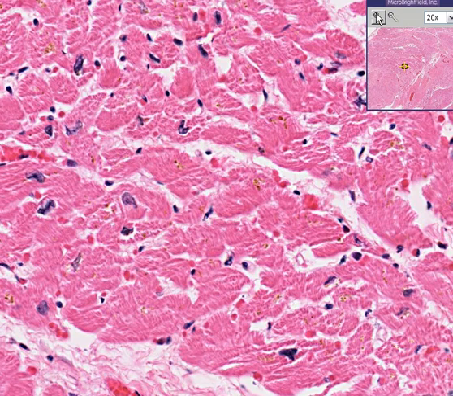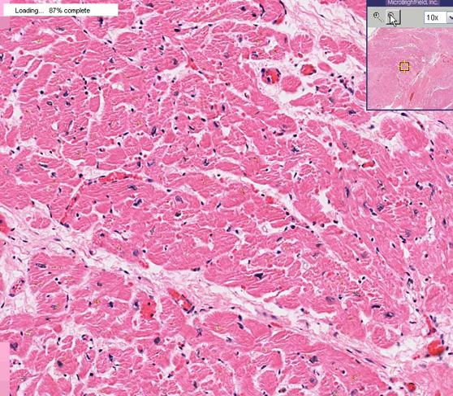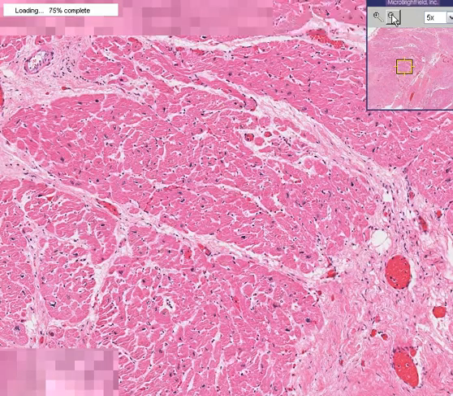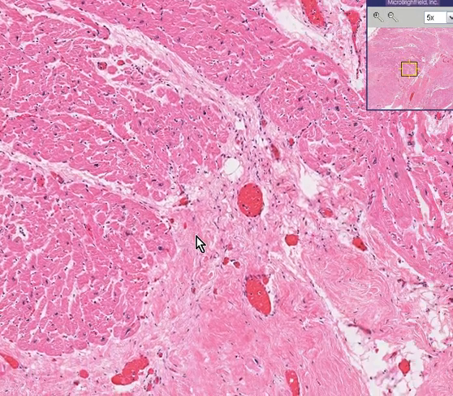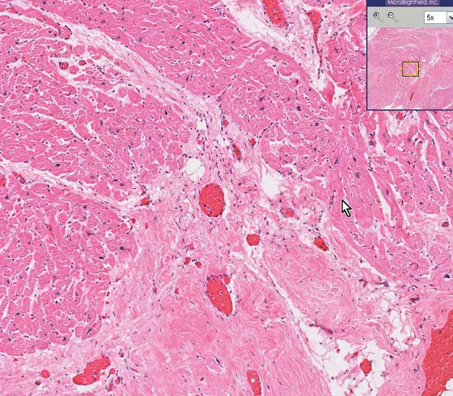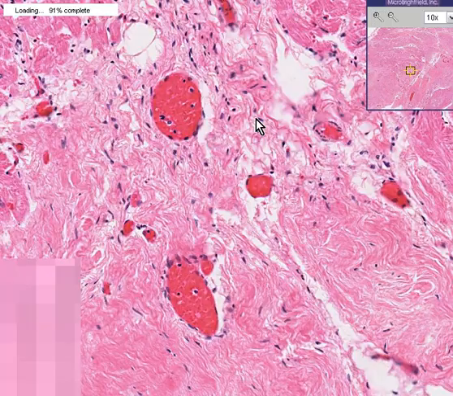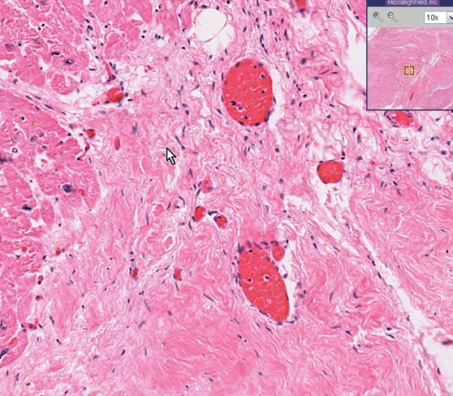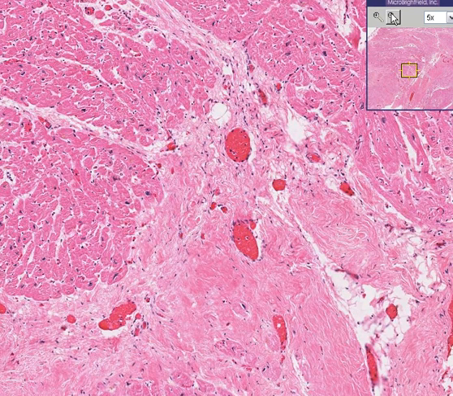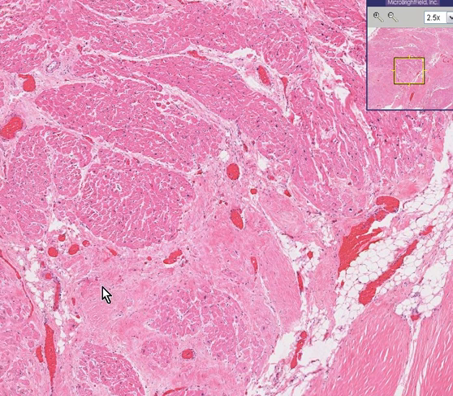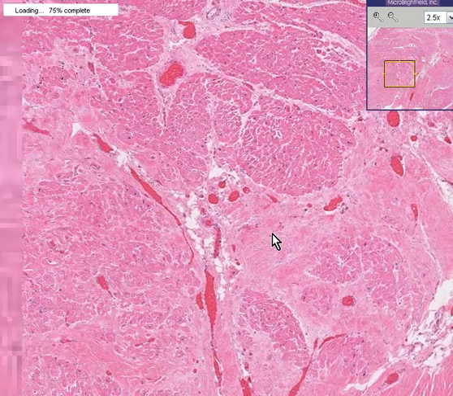But as we zoom out, let's notice one obvious thing, that besides having these viable strips of cardiac muscle, you are also having a lot of scar tissue in which the cells are chiefly fibroblasts, and the pink stuff is no longer cardiac muscle. The pink stuff is fibrous tissue. And the reason why a lot of this myocardium is replaced by these irregular bands of fibrous tissue is because